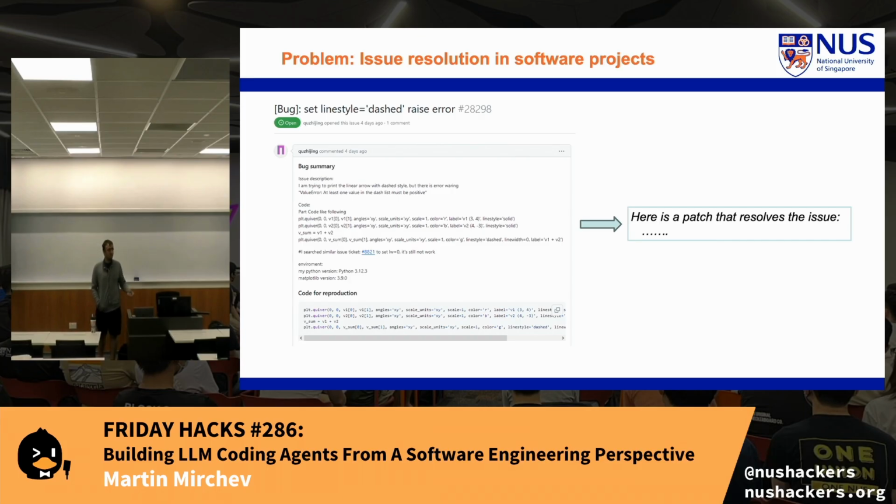Now, let's start with a very simple problem everybody is familiar with. You are writing code or you want to work with some repository, but you come up to a bug. So you're going to write a natural language description of the problem and give it to the authors and say, hey, I have this issue, there's a problem, I can't make it work. I was expecting something different. Now, what the developer usually would do, they are going to have to look into the code, understand the issue, reproduce it, and say, hey, here's a patch, this is how it's fixed.